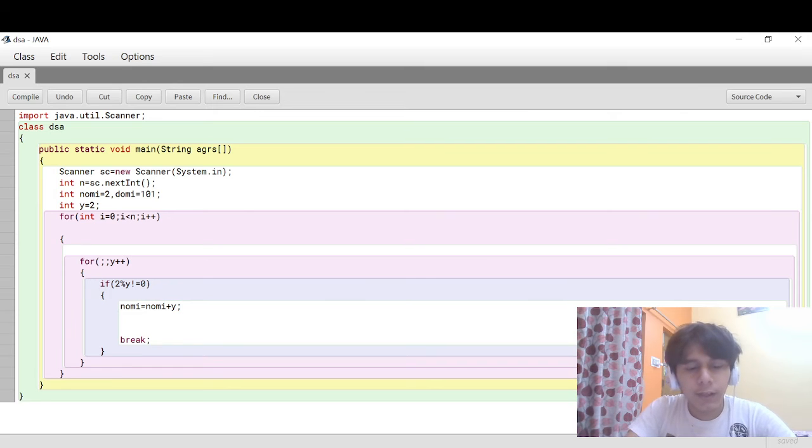So first we are doing the numerator, System.out.println, as we have to write the numerator. So compile it.